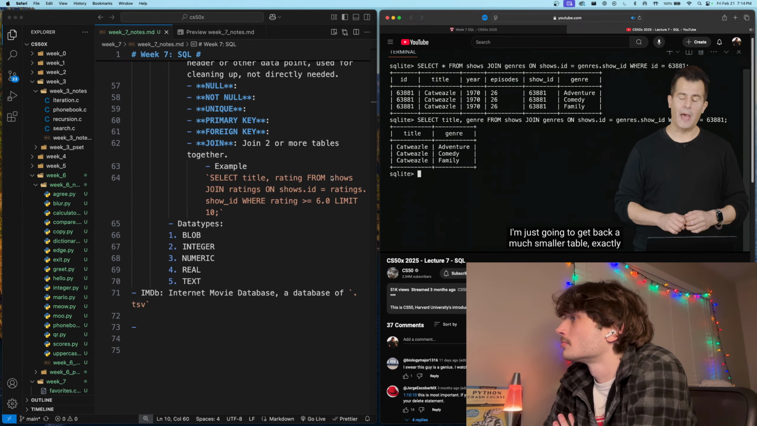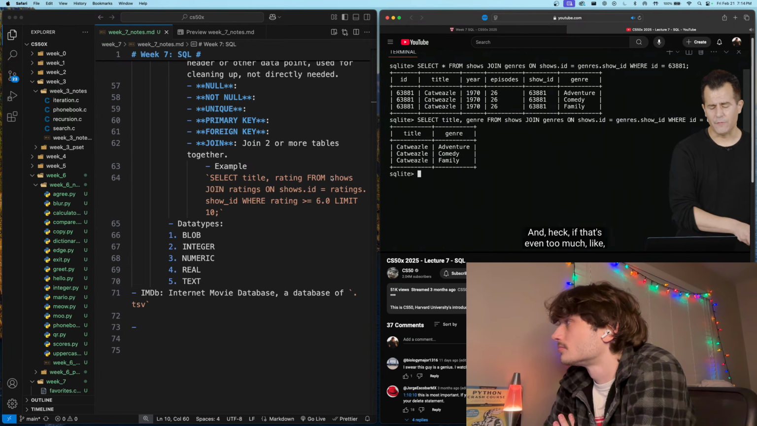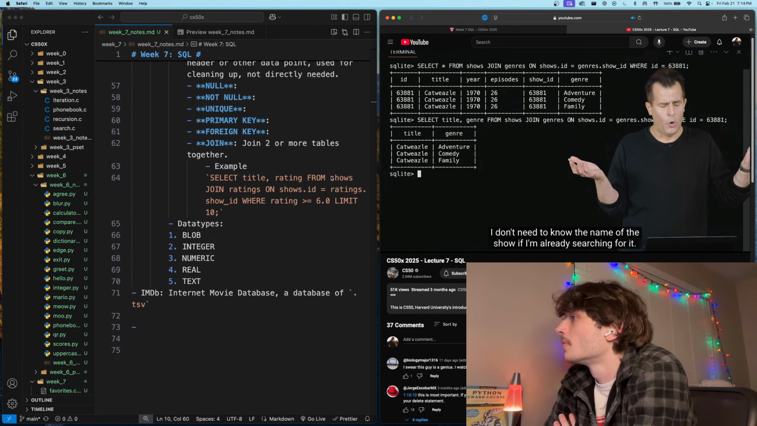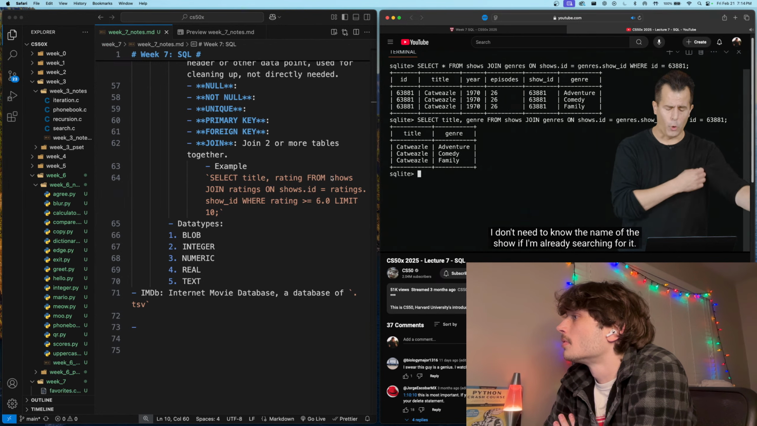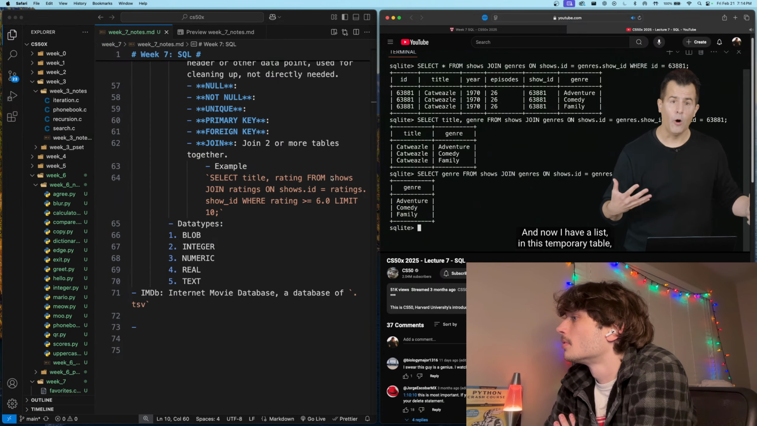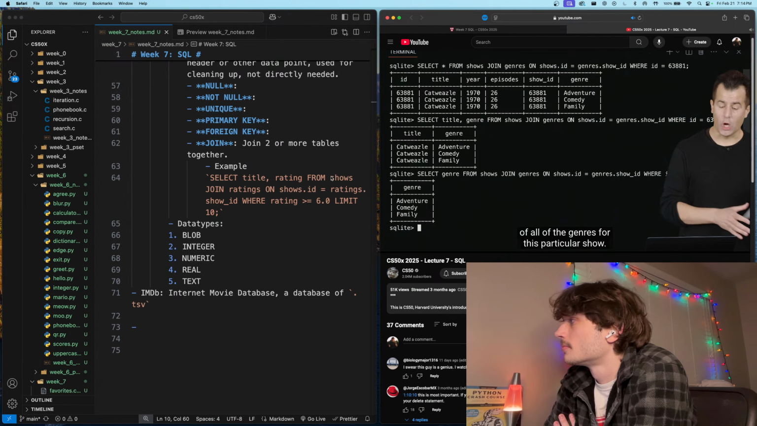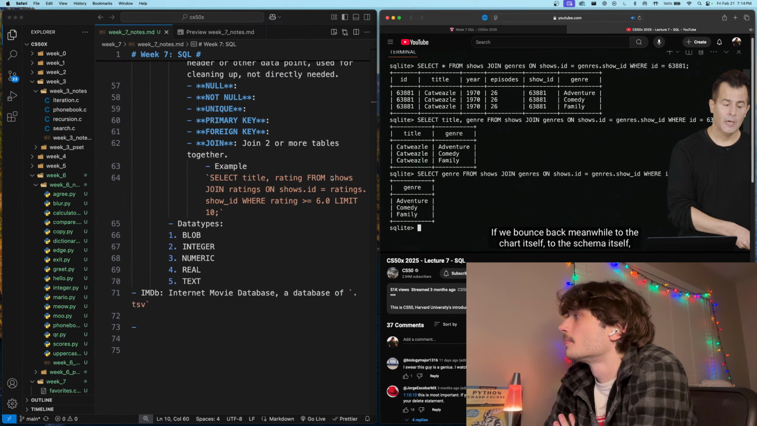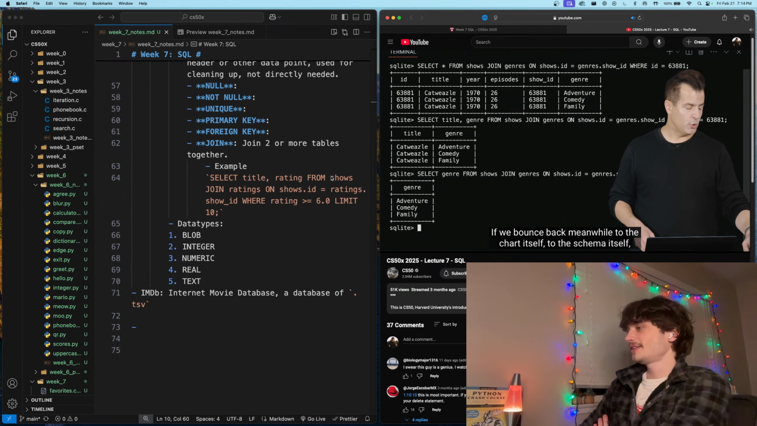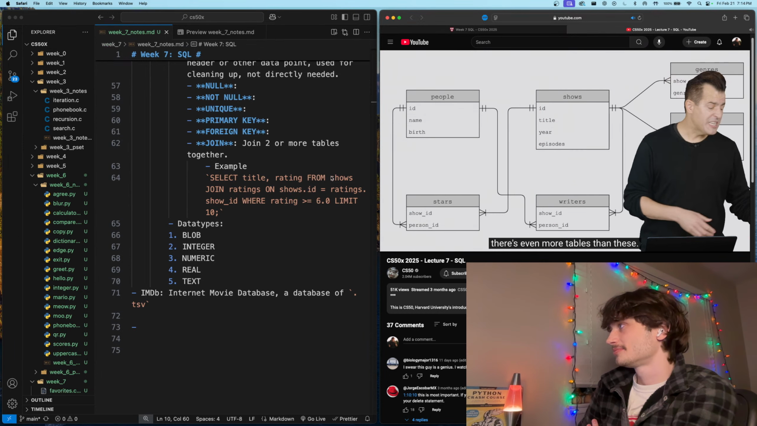I'm just going to give back a much smaller table, exactly like the one I depicted a moment ago. And heck, if that's even too much, like I don't need to know the name of the show if I'm already searching for it. Well, let me go to the beginning of my query, and let's just get rid of title and genre and just select the genre. And now I have a list in this temporary table of all of the genres for this particular show. If we bounce back, meanwhile, to the schema itself, there's even more tables